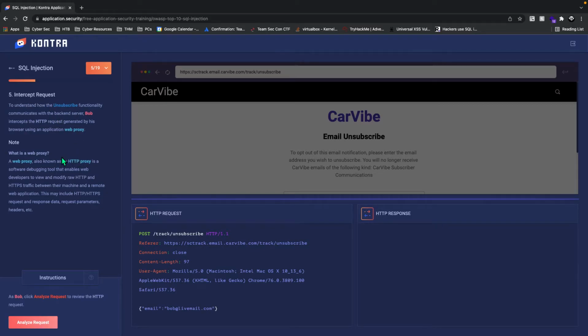So we intercept the request basically. To understand how unsubscribe functionality communicates with the backend server, Bob intercepts an HTTP request generated by his browser using an application web proxy. We can just quickly go through this web proxy because most beginners might not know what a web proxy